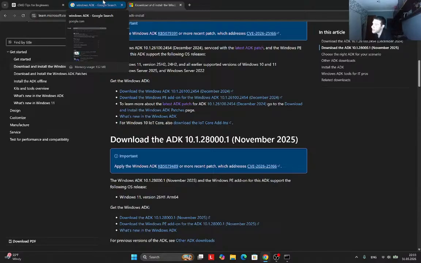Let's drop onto our demo PC and take a closer look at the components of Windows ADK. In this demonstration, I want to show you how to create an answer file for a Windows 11 installation by using the Windows ADK tool, Windows System Image Manager, or Windows SIM. I've already installed the Windows ADK, so I'll first open the Windows SIM tool, and then I'll find a Windows image that I want to create the answer file for. I'll open the Windows image,